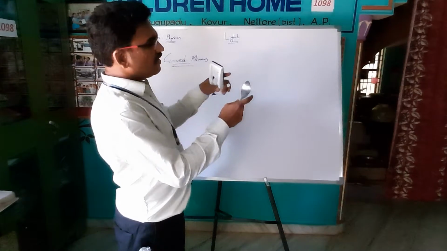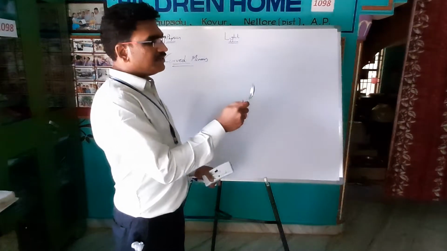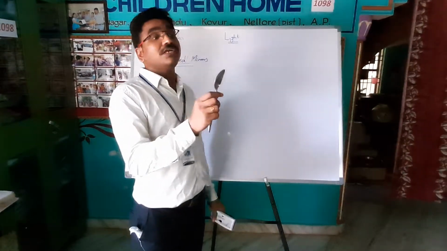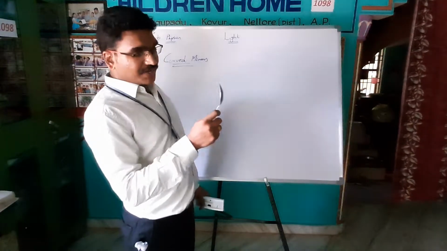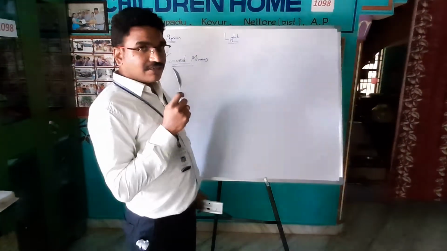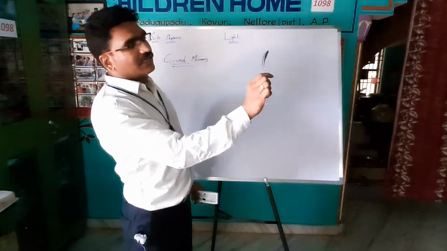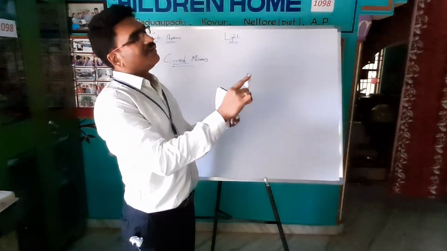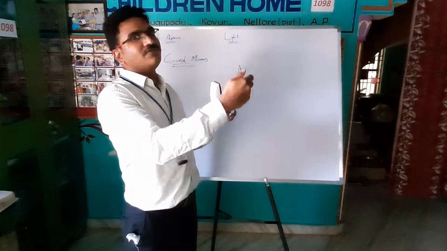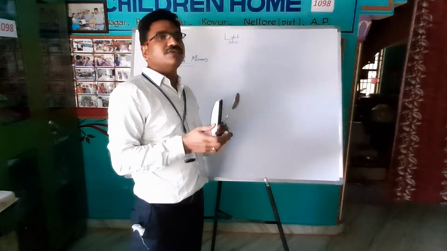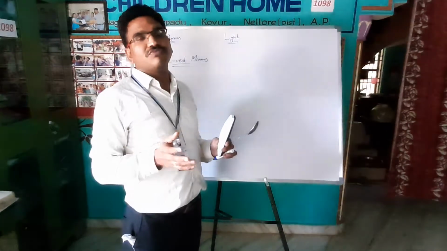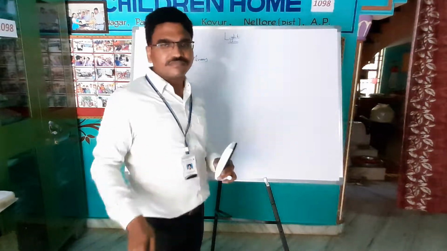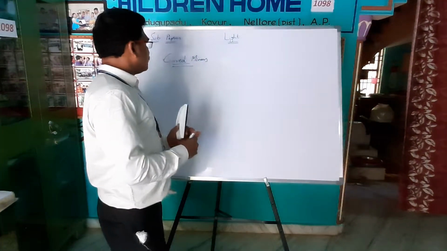When I am seeing on this surface, you see my image is inverted. When I am seeing this one, it is erect, and of course the size of the image is not equal to the size of the object. When I am moving towards the object, that is towards my head, or moving away from the head, because of the different surfaces I am getting different images. You see this surface, it is not plane, it is curved. Because of these curved surfaces, you may get different images for different positions of objects. So this is what you should understand when you are learning the concepts of curved mirrors.